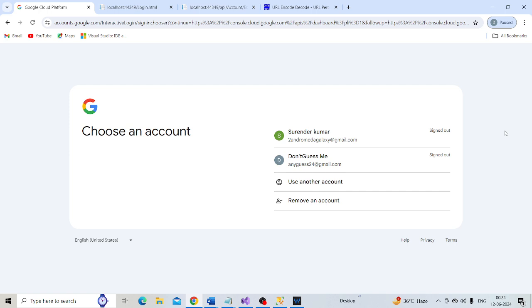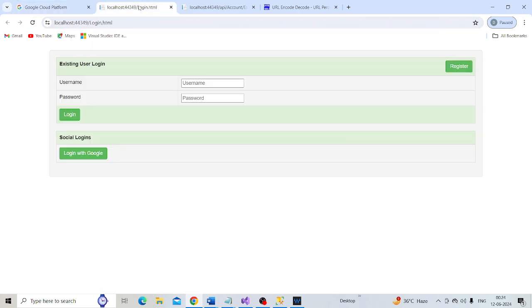And now let's click the login with Google button. We expected it to redirect us to the Google sign-in page, but we are getting an invalid request error.